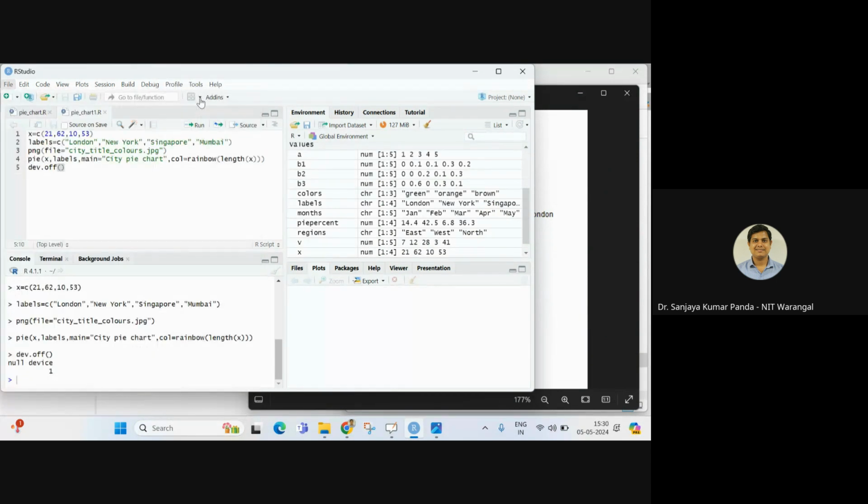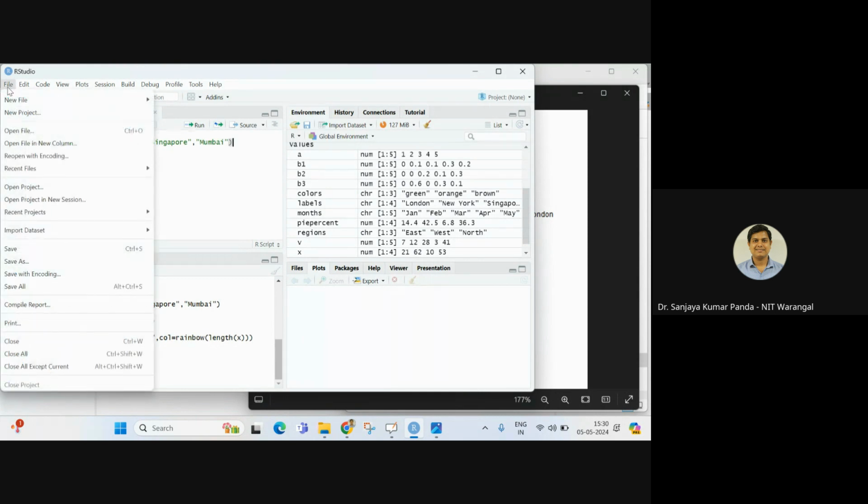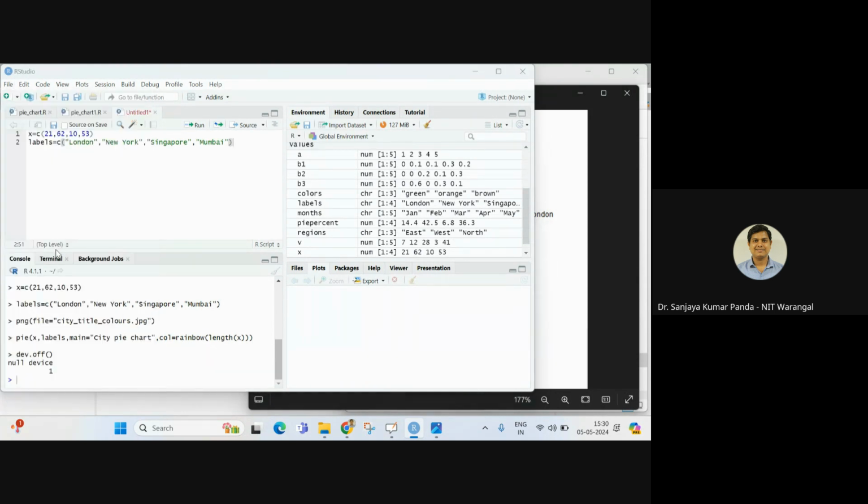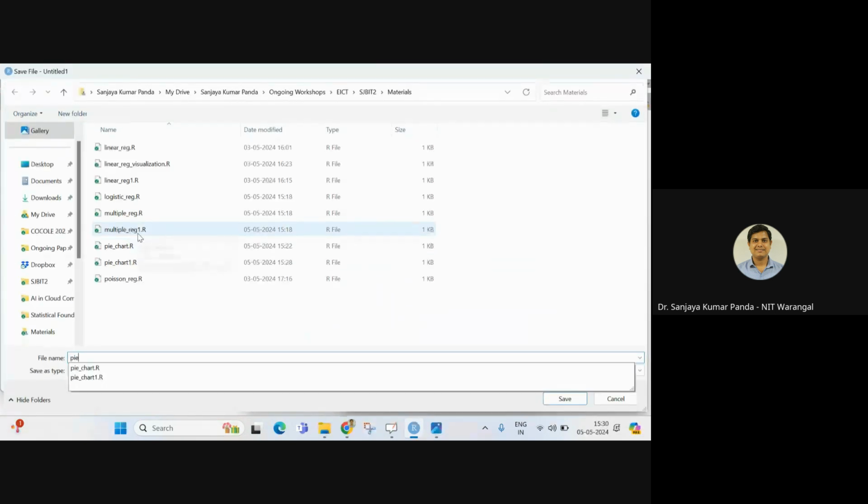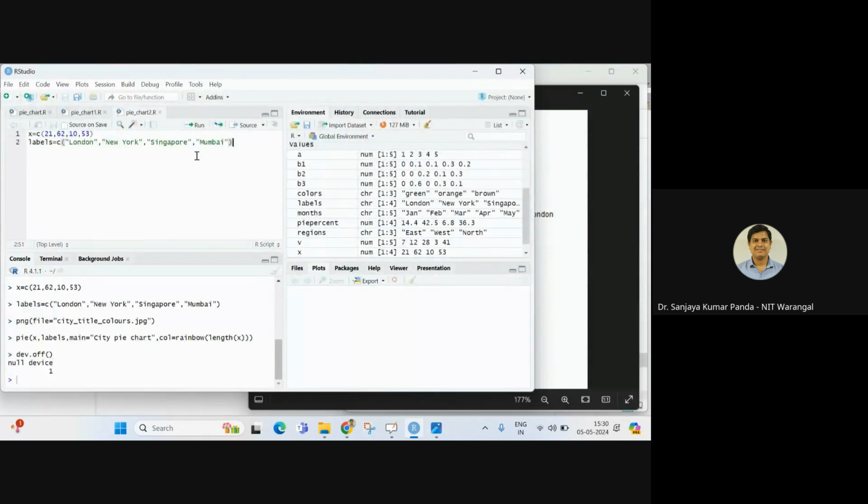So I am creating a new R script. Okay, I am again taking the same data. That's why I'm copying this to line, and let me save this file as pie chart 2.r, okay, .r is the default extension. Then what I'll do,